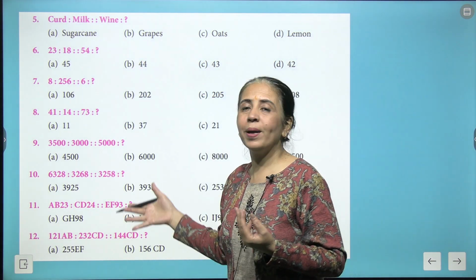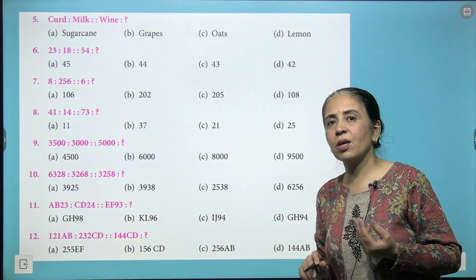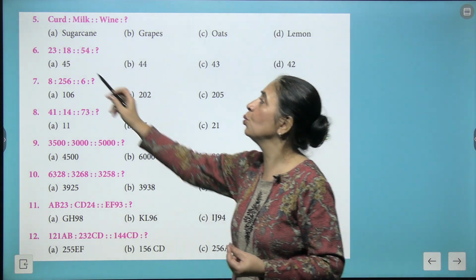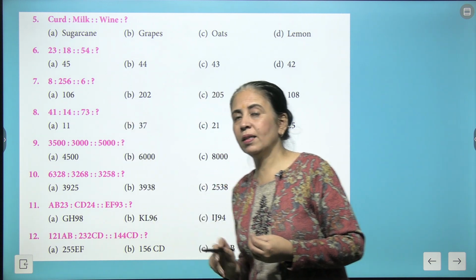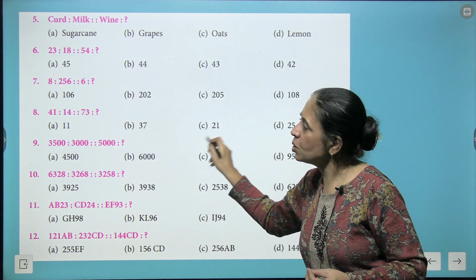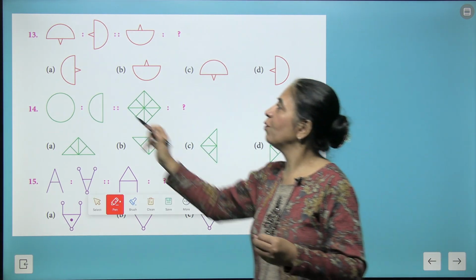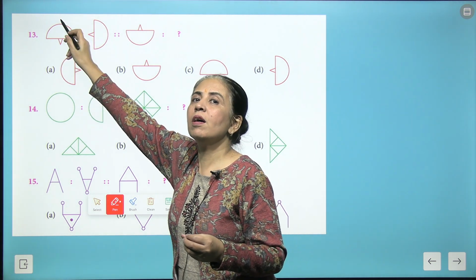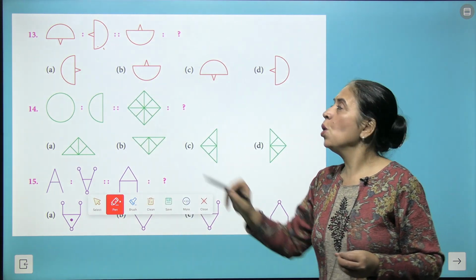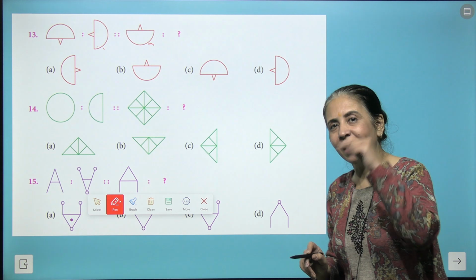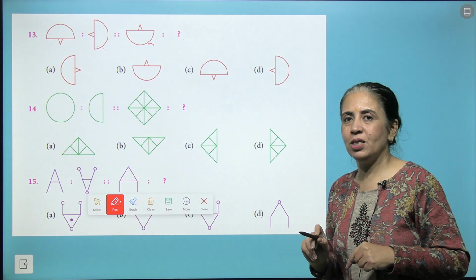Now, when you do the questions related to maths, you have to first find what relation is created between the first two numbers, and the same relation has to be spotted for the third and the missing number. And in this way, you will do the questions based on figures also. Now observe the figure here. If you give a 45-degree turn, it becomes in this direction. So here what will you turn? Again 45 degrees. And which shape will you get? Just choose from these shapes.